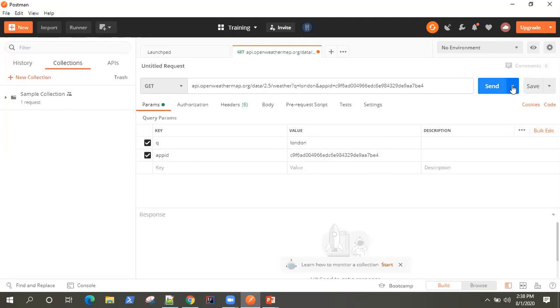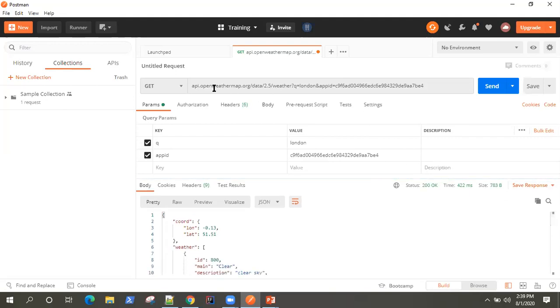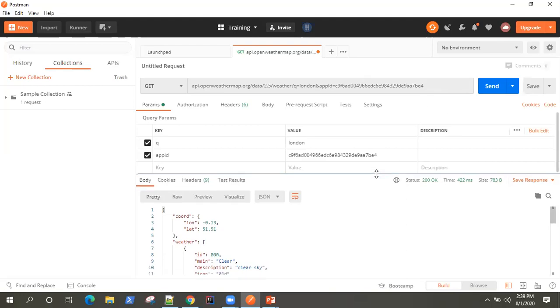Since we have now built our request, let's go ahead and send this request and see what happens with Postman. You don't need to write any code in order to send this request and get a response from the server. You just need to give this URL and Postman is going to process your request, and once it gets the response, it's going to show it on its own UI. As soon as I hit the send button, the request is sent to the server. It also got a response.